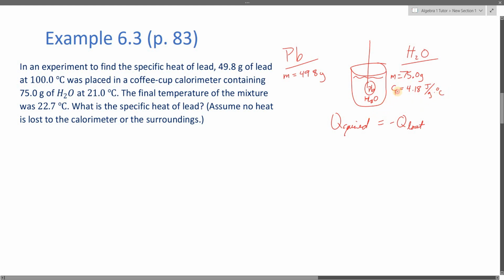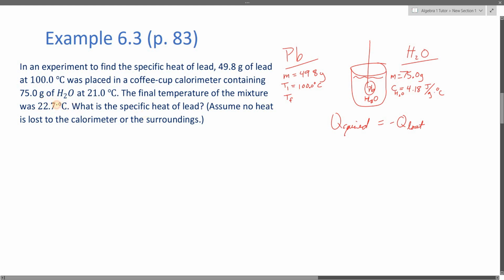This is the C for H2O. Okay, so now at this point we need to know the initial temperature of lead, temperature 1, or initial. We will know it to be, it says it was at 100 degrees Celsius, so we're going to write 100 when it was first placed into the water, 100 degrees Celsius. And then when it was done, this is where it takes some time to think through. It says it was placed in a coffee cup calorimeter containing this, and at the end of the problem, the mixture was